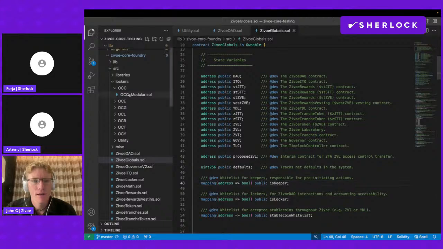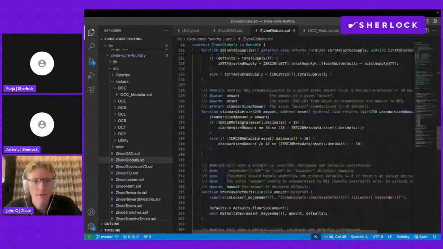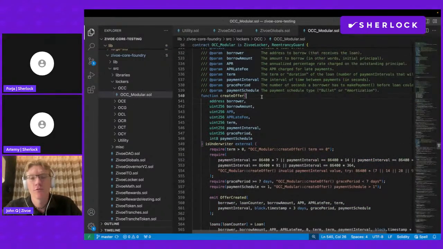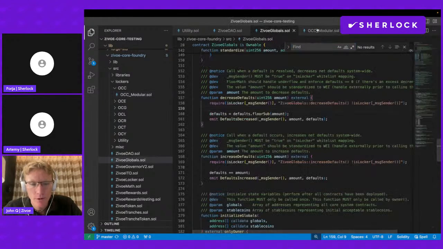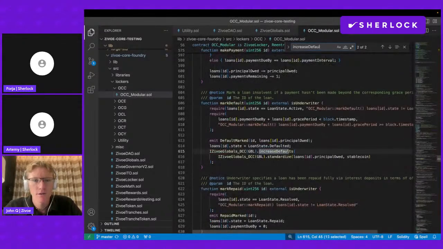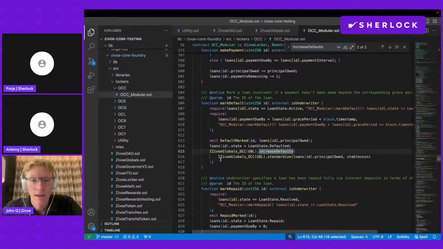In Zivoe Globals, we've got an endpoint called increase and decrease defaults, and these can only be called by is lockers. So a locker, which is responsible for doing loans, if there's a default, has the ability to refer back to Zivoe Globals and increase or decrease defaults. So how would this occur in OCC modular? Well, if the smart default endpoint is called, and whatever the principal owed left on that loan is